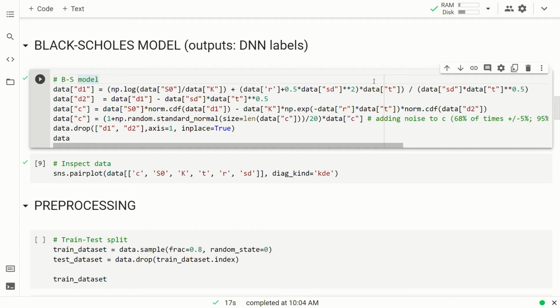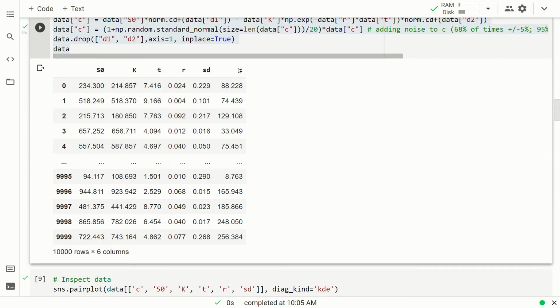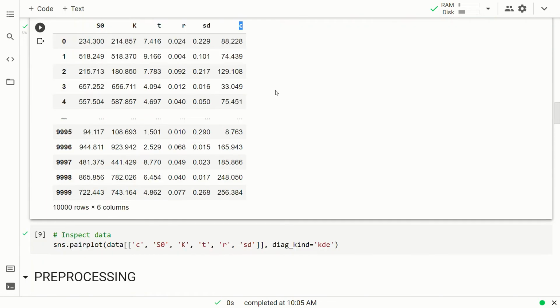At this point of the video, we are ready to create the call option prices using the Black Scholes formula. And in fact, this part of the code is exactly the Black Scholes formula written in Python code. If we run it, we will obtain another column, the column C, that is exactly the call option prices. Now we can also inspect